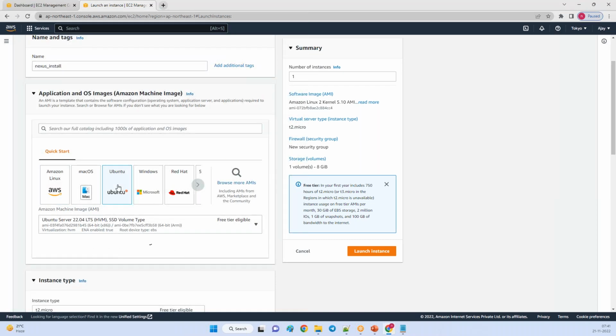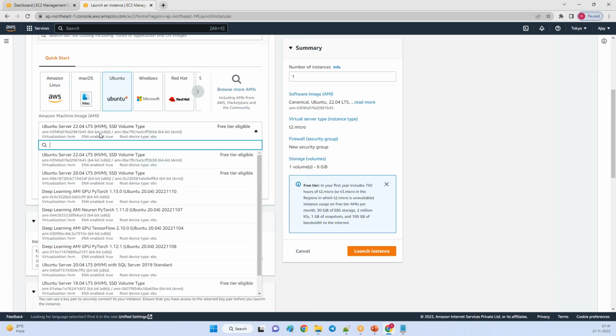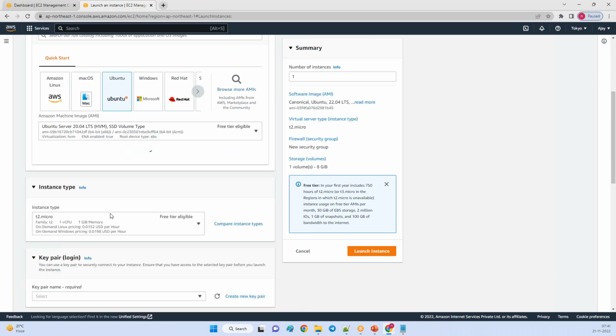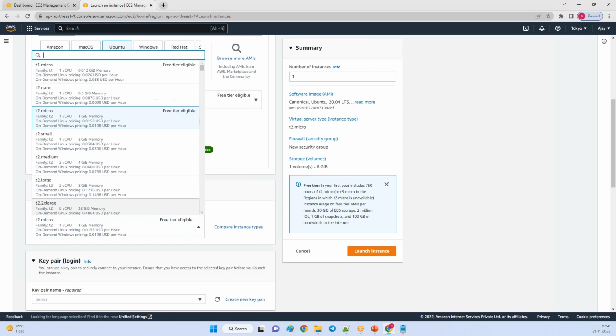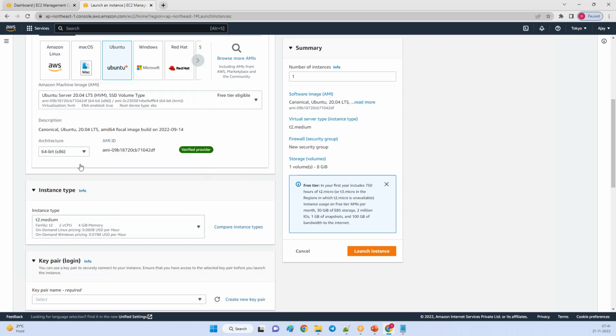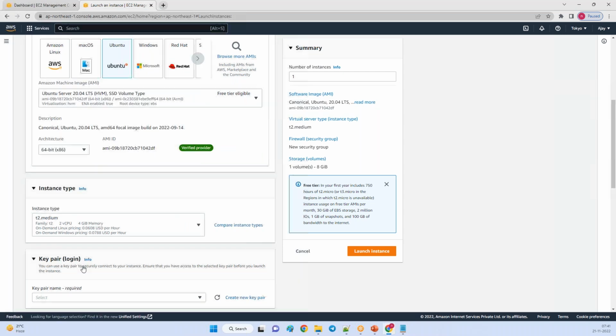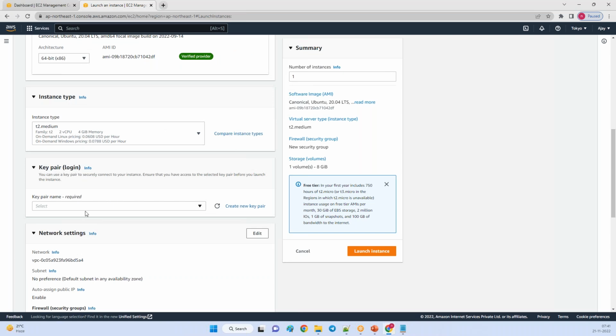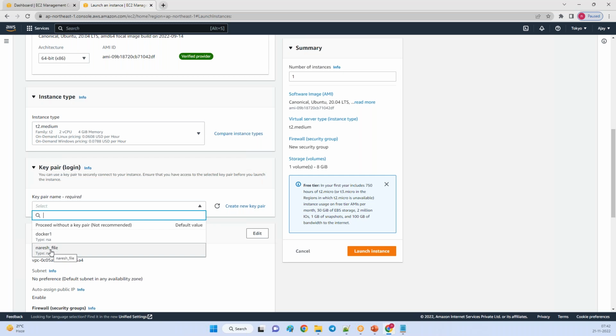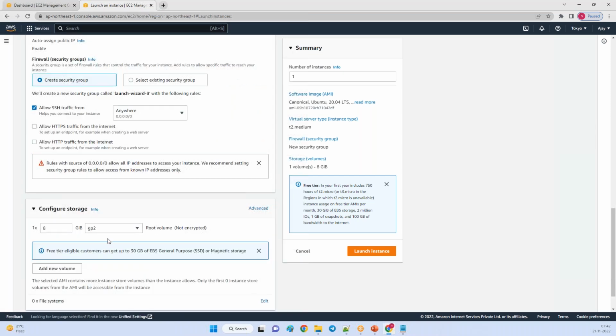I will take an Ubuntu server, a bit older, 20.04, and for the RAM size I would like to go with 4 GB. The number of instances is one. Within that we can discuss Nagios and Nexus. Here is my key file.